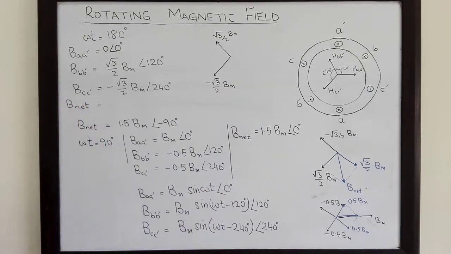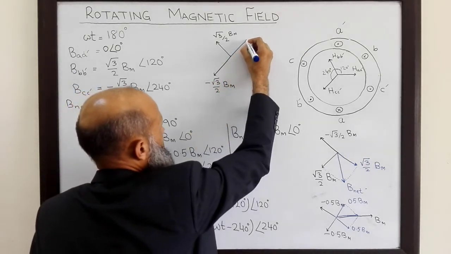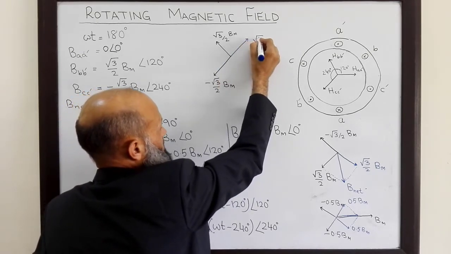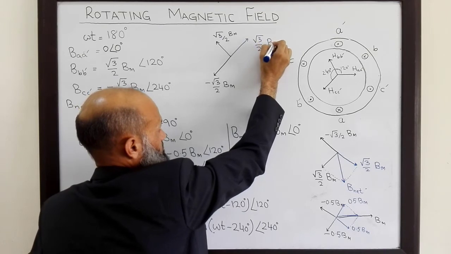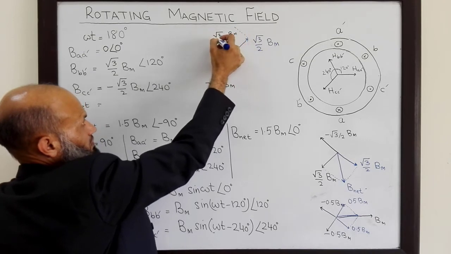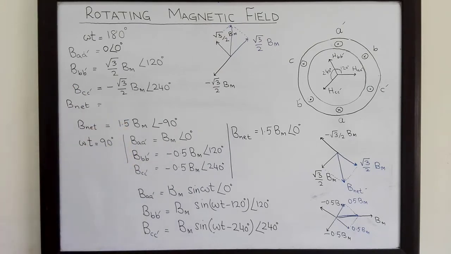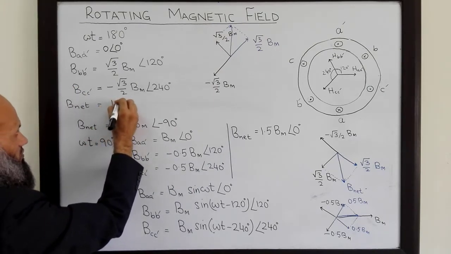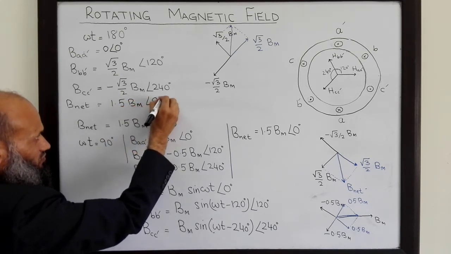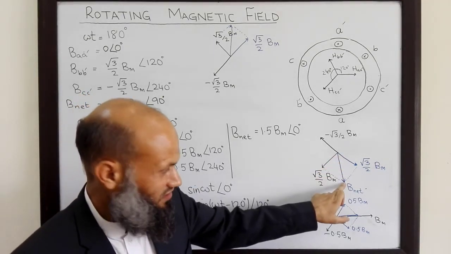What is the resultant vector? This vector with negative magnitude is the same as this vector with opposite direction and positive magnitude. And the resultant of these two vectors by using graphical approach is this vector, which comes out to be equal to 1.5 Bm, angle 90 degrees. So what we observe is that at omega t equal to 0, this is the resultant vector,